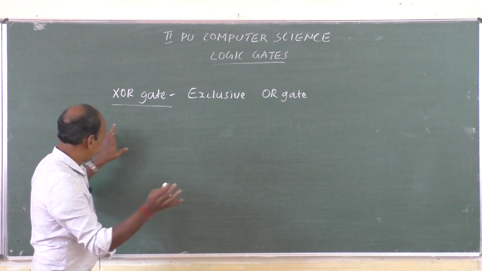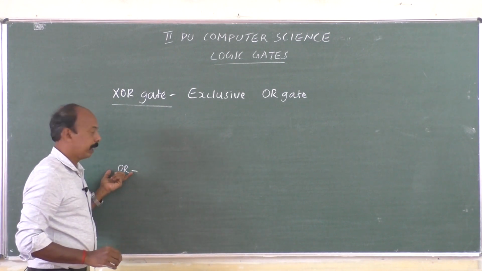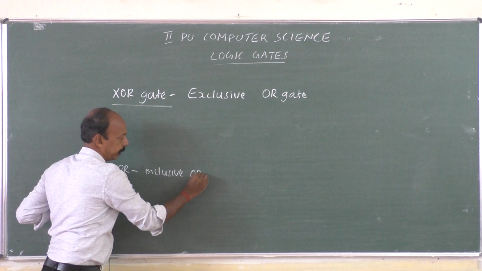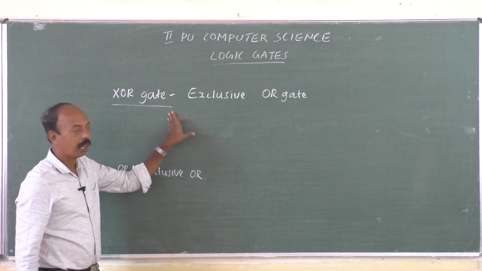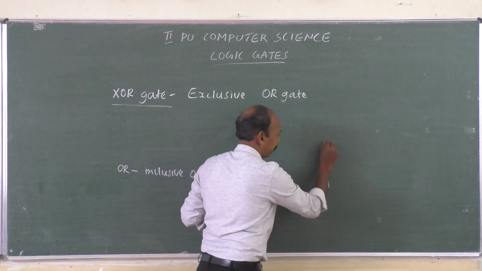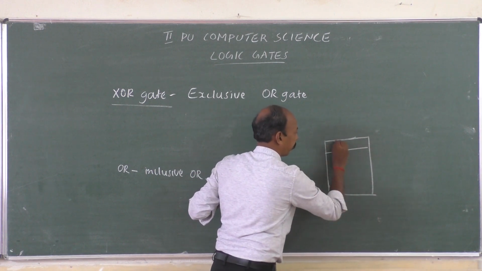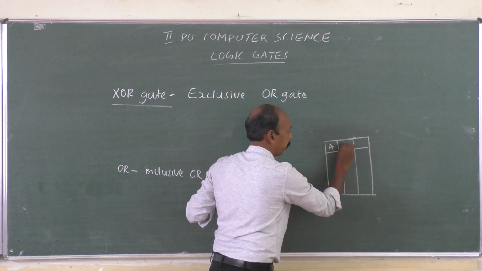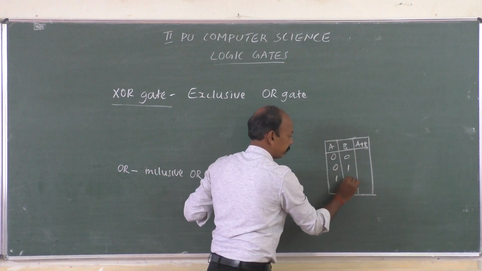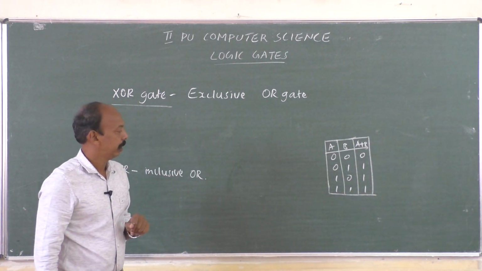The OR gate, which we had written earlier, let me write it here. Usually we call it the OR gate, but it is called the inclusive OR gate. And this is XOR, or exclusive OR gate. In order to understand that, we shall write the previous basic gate, the OR gate. A, B, A plus B: 0, 0, 0, 1, 1, 0, 1, 1. Only for this combination it is 0, for all other combinations it is 1.